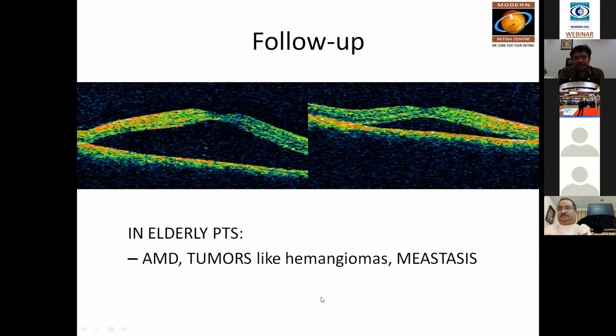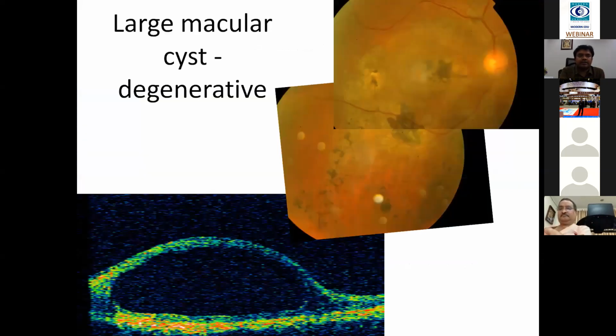Sometimes tumors like hemangiomas also cause a shallow CSR-like picture, where if you look carefully, you may find a hemangioma somewhere in the subretinal space, or somewhere around the arcades. You can find these tumors once in a while. And sometimes, rarely, it could be a metastatic disease which has produced a serous detachment like this. So they all warrant a retinal surgeon evaluation.